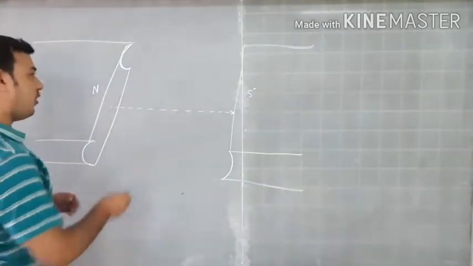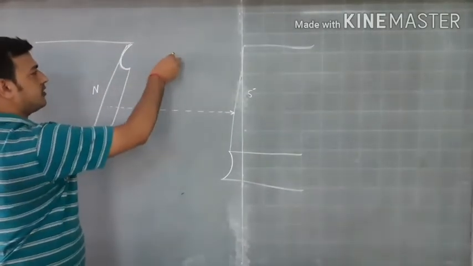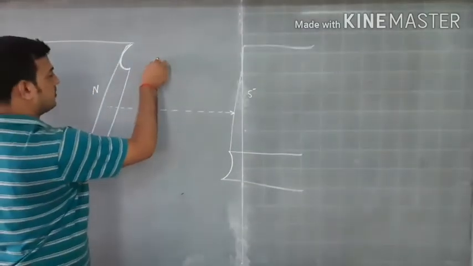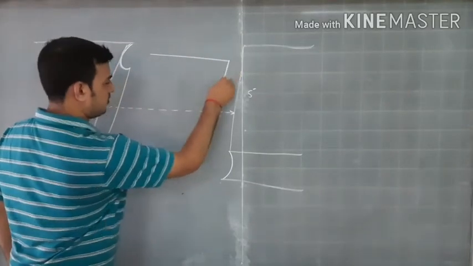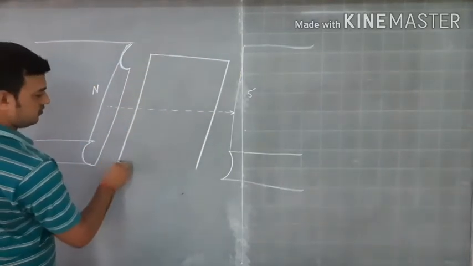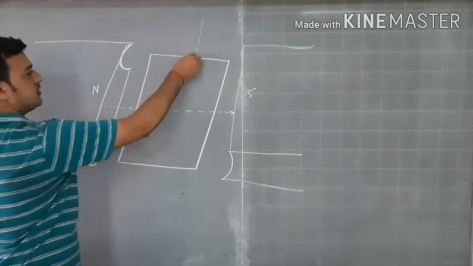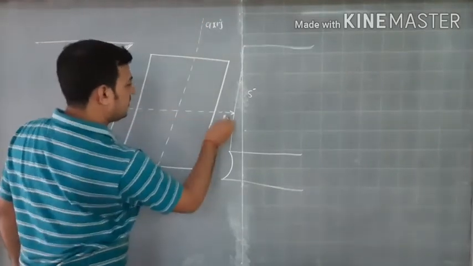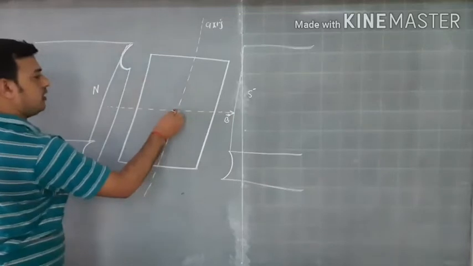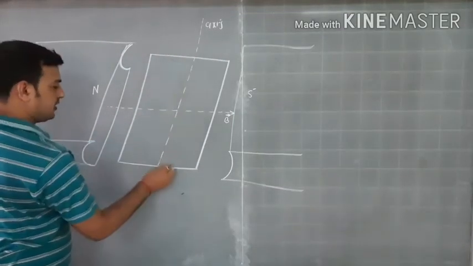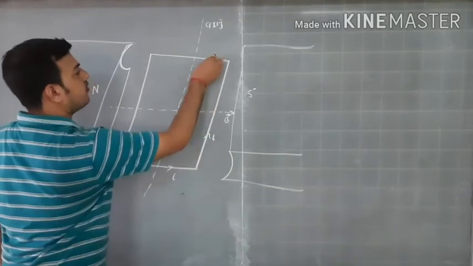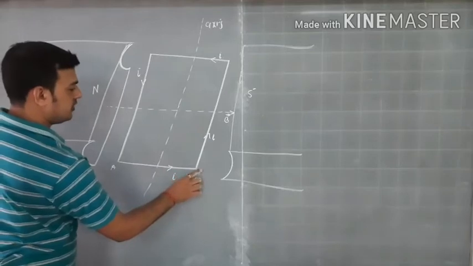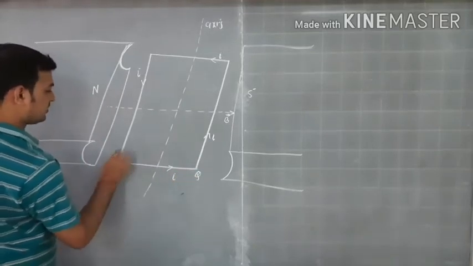Now I will place a coil here, such that the coil is rotated like this. So this is my coil, and this is the axis of the coil that is not exactly perpendicular to B. This is the direction of magnetic field, and consider that current I flows in the anti-clockwise direction like this, and I will name the arms PQRS.